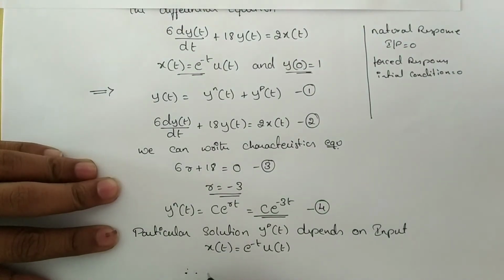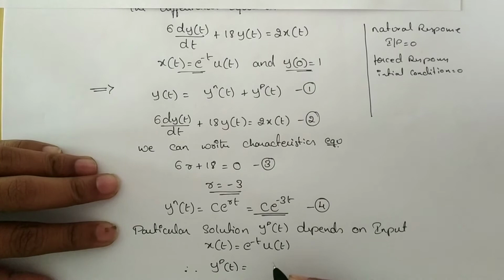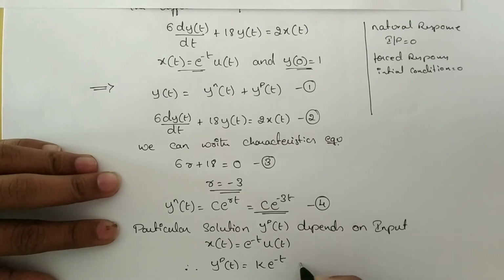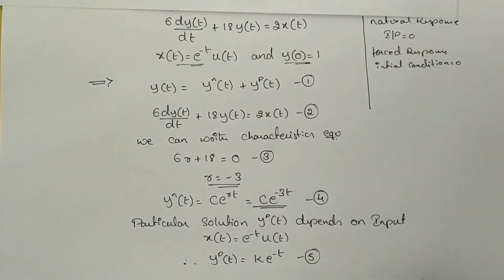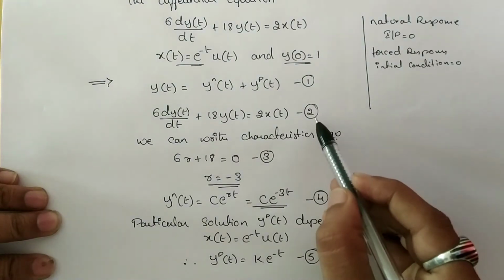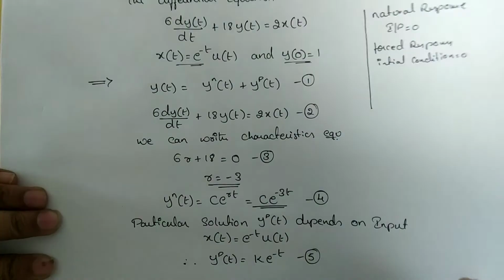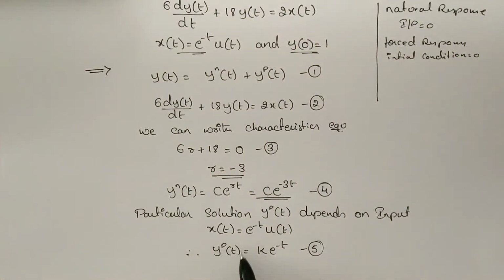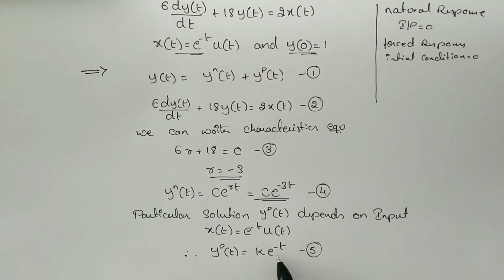Therefore, yp(t), the particular solution, is equal to k e^(-t), marking it as equation number 5. Substituting equation 5 in equation 2, replacing y(t) by k e^(-t), we will be getting